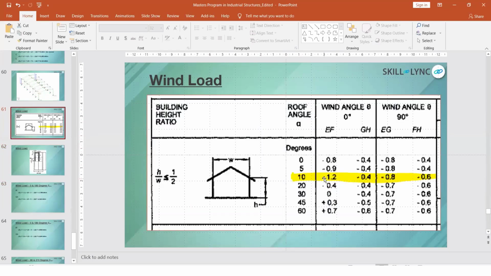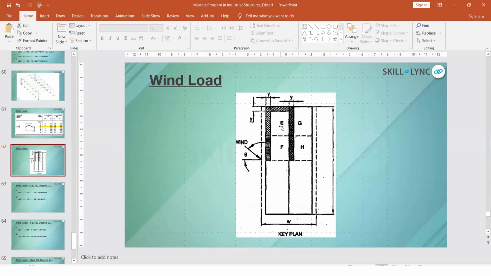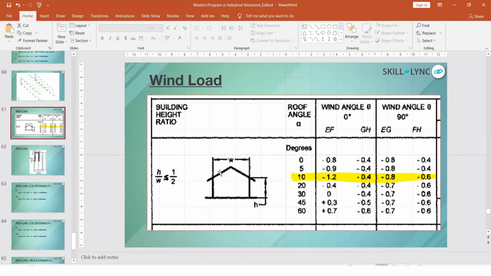So in this case, for providing load on the top roof rafters, EF is 1.2. That is, EF is this side of the building and GH is this side of the building at theta equal to 0 degree. So at theta 0 degree, these are the EF and GH values you have to apply.